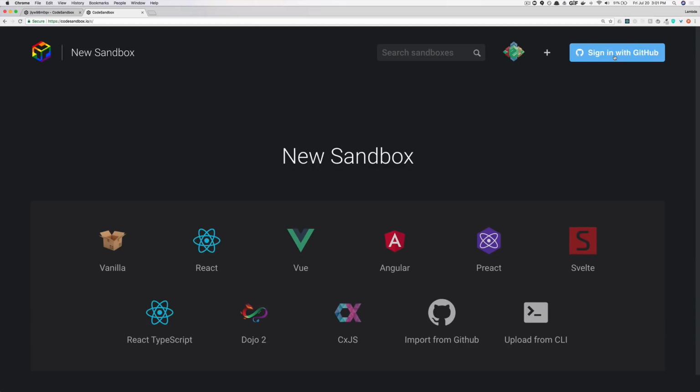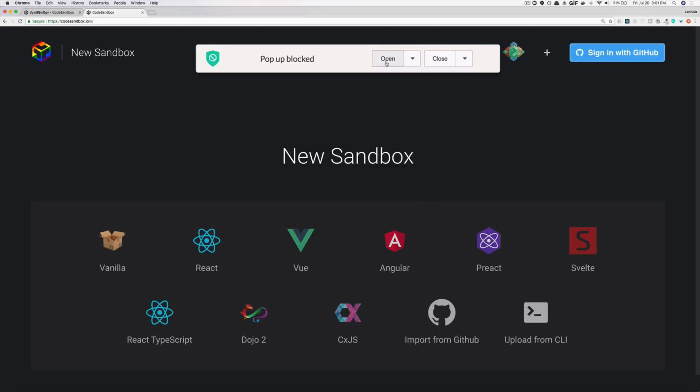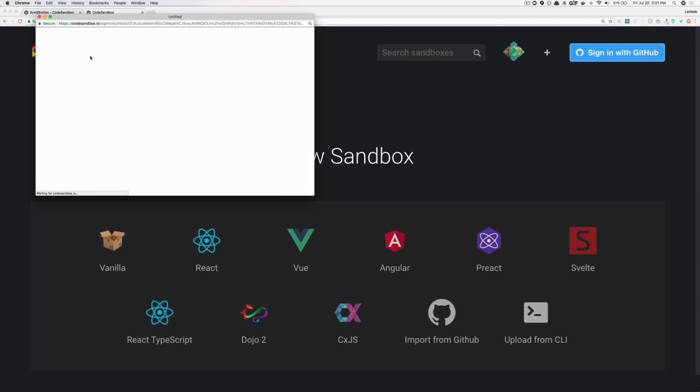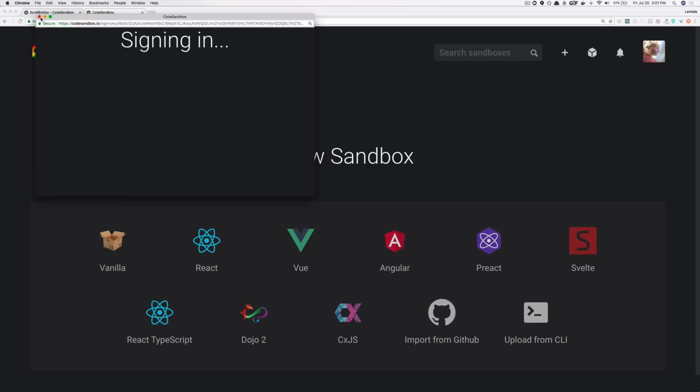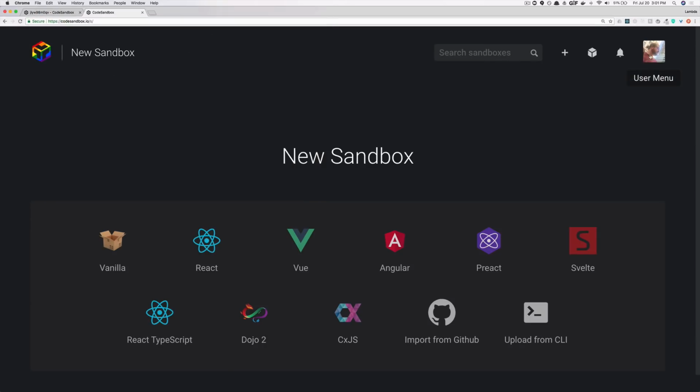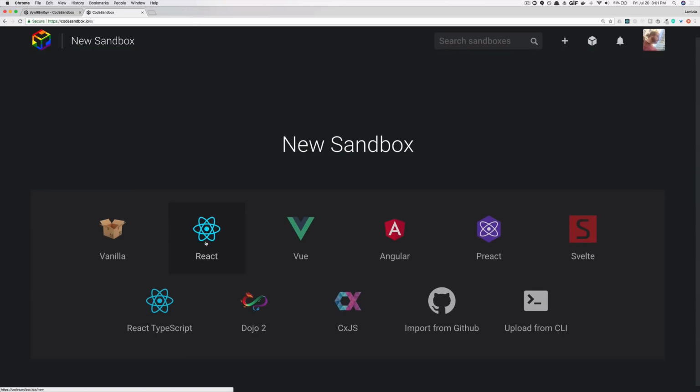because there's so many tools that you can use that we will keep discovering along the way. But the first tool is that you integrate with your GitHub account. So if you go and do the OAuth and sign in with GitHub, you should have your little GitHub avatar show up in the corner that shows you're signed in. You can save up to 50 sandboxes at a time, and you can always go in and delete previous sandboxes that you make. So go ahead and click on React,